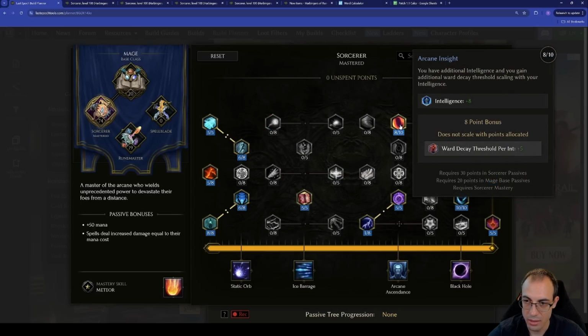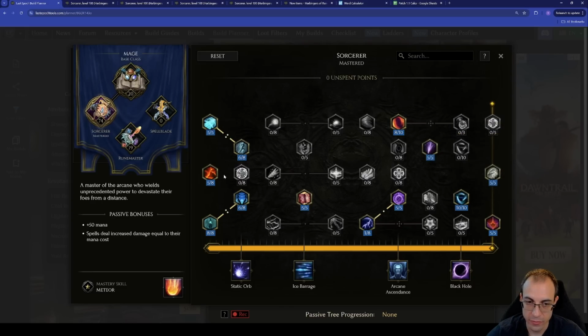Now Arcane Insight, I'm on the fence about this one. With 150 int, this gives us 750 ward decay threshold, but honestly, I'm not sure that we need it. As I was mentioning in my other video, ward decay threshold does not play into the ward decay formula. So because of that, I don't see too much value in ward decay threshold, but the int for int stacking